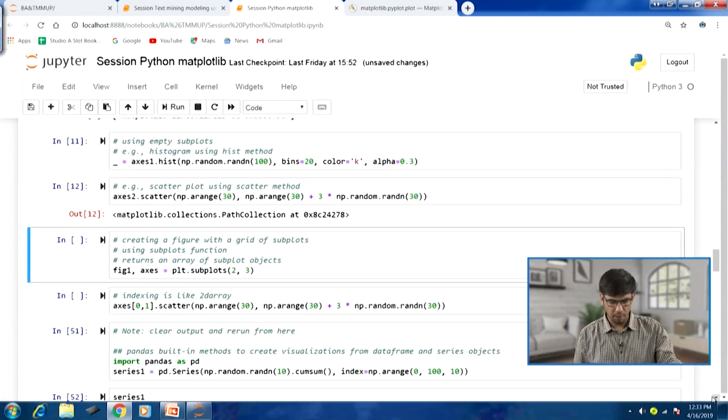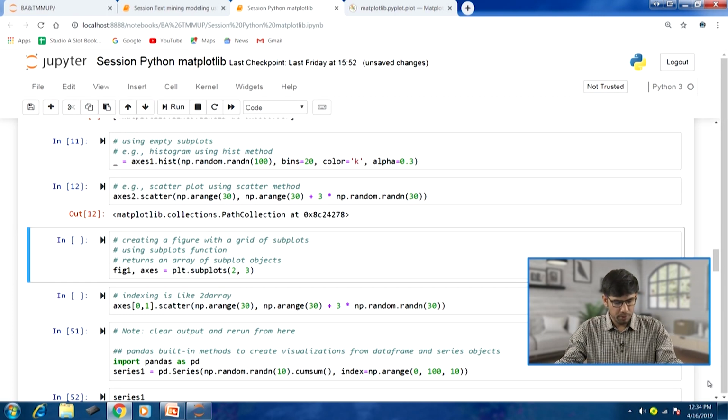If we are just going with one plot, then we can simply use the plot function and we will have that. In this fashion different kinds of plotting can be generated. We also touched upon a bit of the styling, and that can also be effectively used.